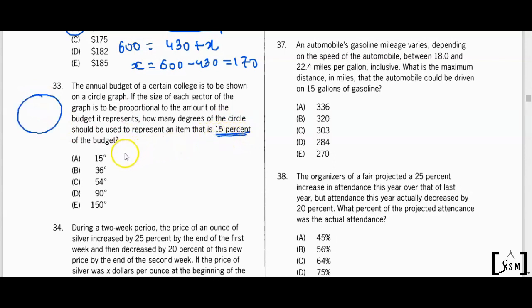So we know that 100% represents 360 degrees, right? So we have to find out how much 15% represents. Let's say it represents X degrees. Now guys, we know that if percentage increases, representation in degrees also increases, right? Percentages and degrees are directly proportional in a pie chart. So it is just a directly proportional case. So 100 over 15, that is how we do the directly proportional, equal to 360 over X, right?